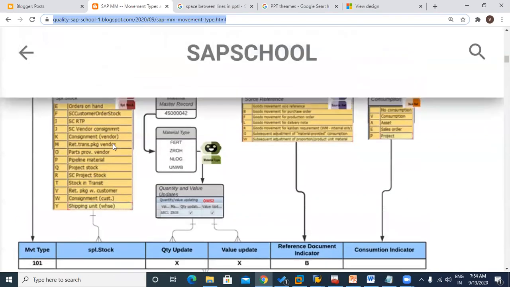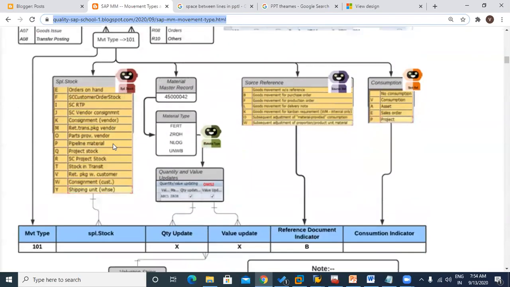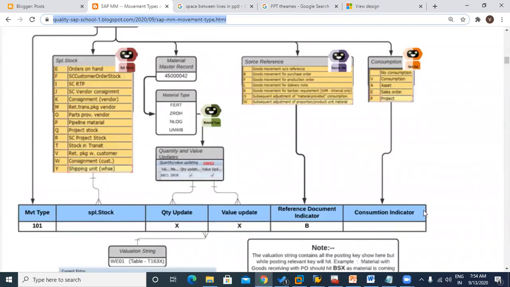In this way, I have taken the values together in one record in a table form. So the first one, since this material is not a special stock, neither a pipeline nor anything, it does not belong to anything, it is a standard material.